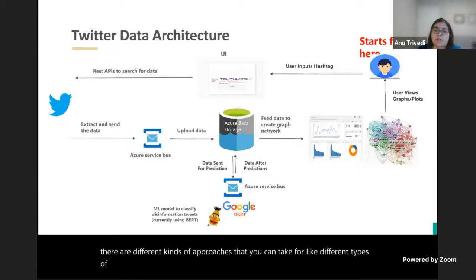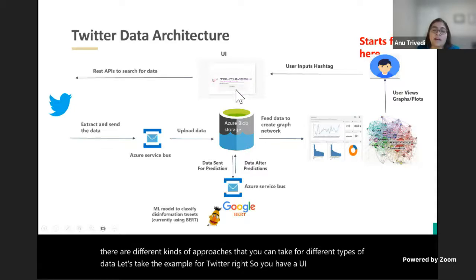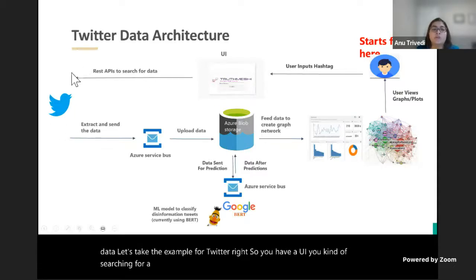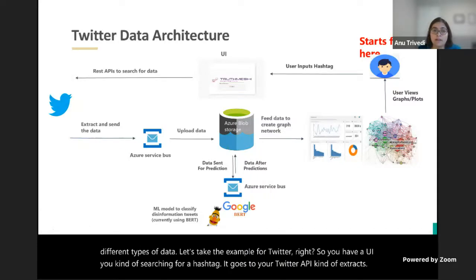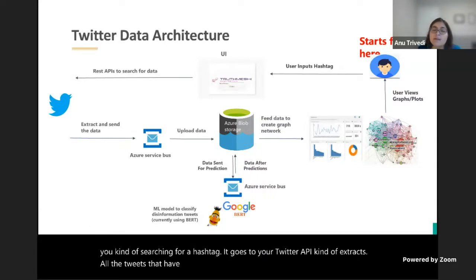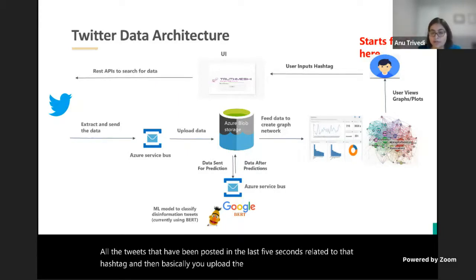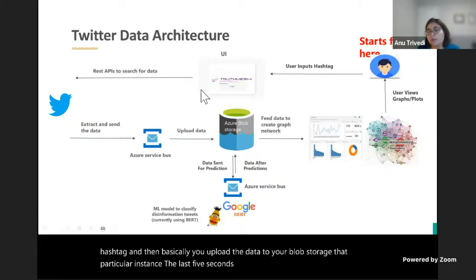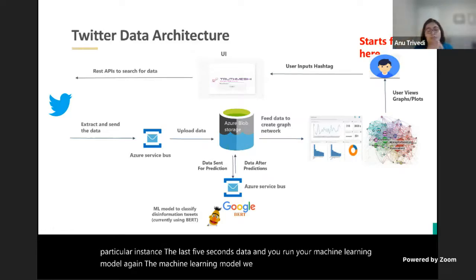Let's take the example of Twitter, right? You have a UI, you search for a hashtag, it goes to your Twitter API and extracts all the tweets that have been posted in the last 5 seconds related to that hashtag. Then you upload that data, the last 5 seconds, to your blob storage, and you run your machine learning model. The machine learning model we are using is a large transformer-based